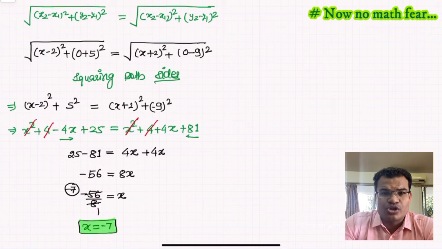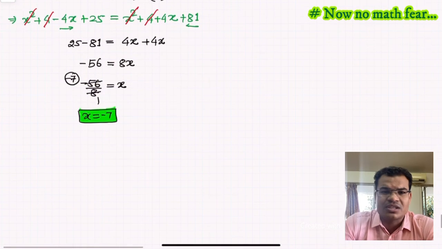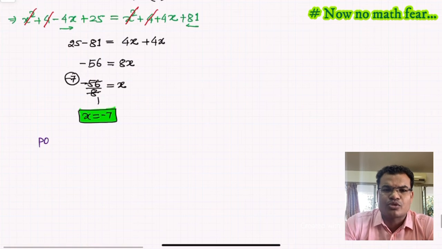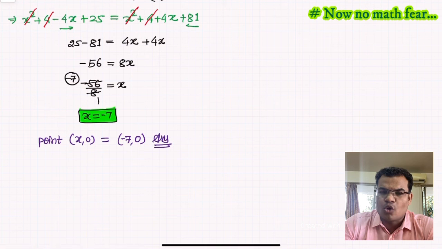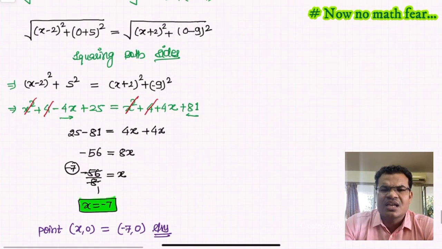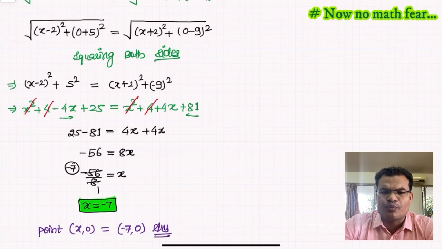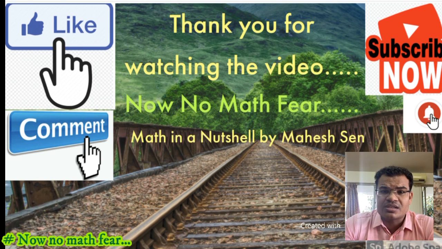Hence this is our solution. I think this is very simple, and you understood applying the distance formula on both sides. The final answer you can write in this order: x equals minus 7, so the point x comma 0 is equal to minus 7 comma 0. That will be your final answer. I hope you understood this, and it is very simple, guys. We have done this exercise and applied the distance formula many times, and you have to learn the vocabulary and pronunciation of the word equidistant, and its meaning.